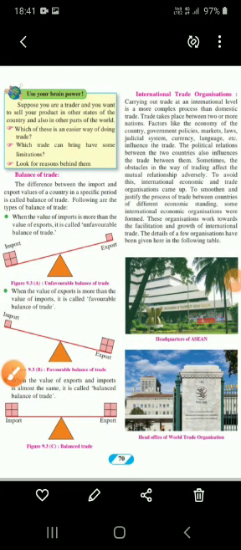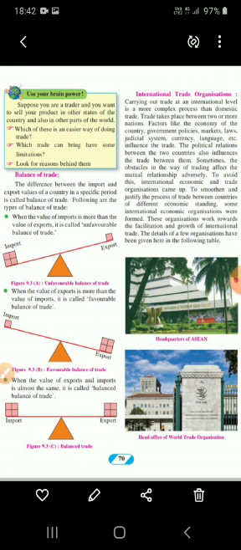Now children, here we will see balance of trade. That means which are the conditions which lead to unfavorable balance of trade, favorable balance of trade, and what is balanced trade. So it is very important that any country which wants to achieve economic development and all-round development should be very good in trading. Understood? So how can any country achieve balance of trade, and when is the condition when there is unfavorable balance of trade, favorable balance of trade, and balanced trade.